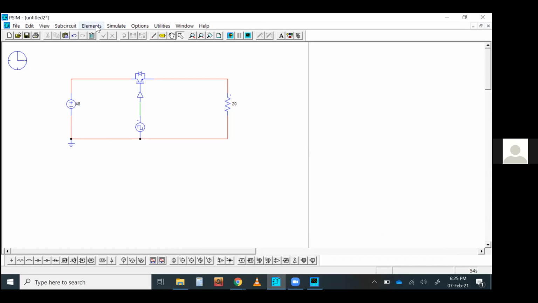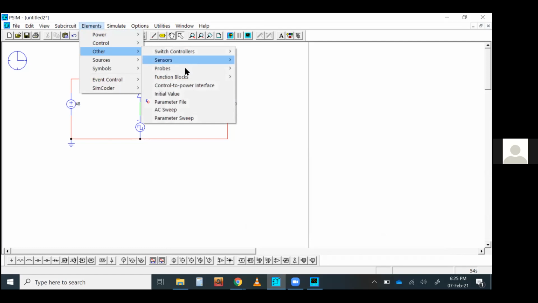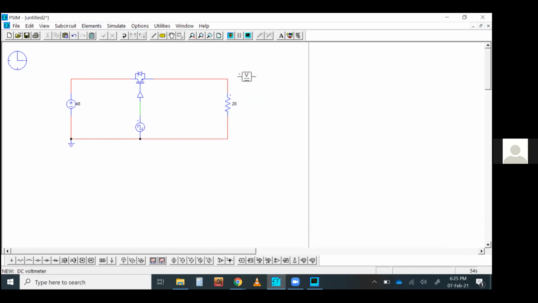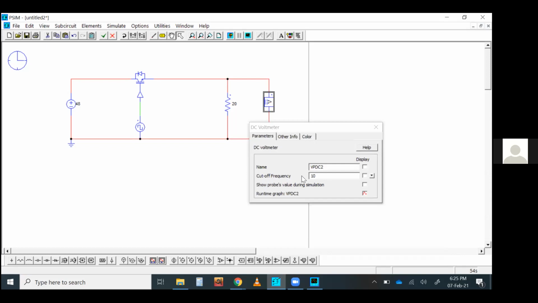To check that, I am putting a DC voltmeter, that will be better. Okay, it will show you the value, cutoff frequency. The cutoff frequency you can always put less.